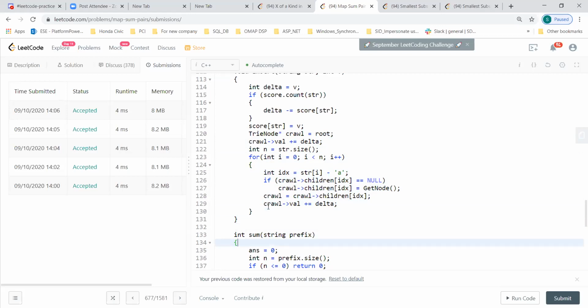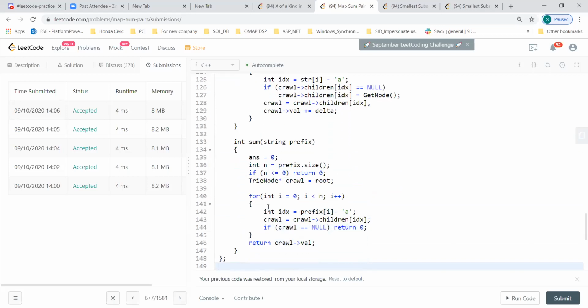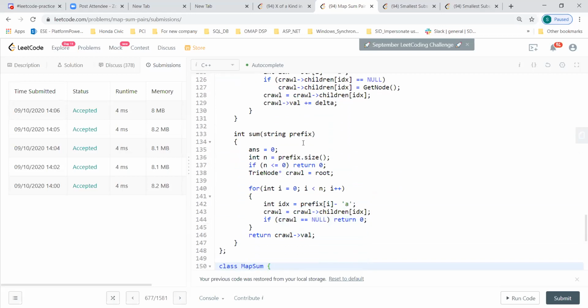And then when I come to prefix sum, what I do is I start with the root again and start going through the length of that prefix, that is n. And then when I go to the end of that, I keep on moving level by level, and I just return the value at that node, right?